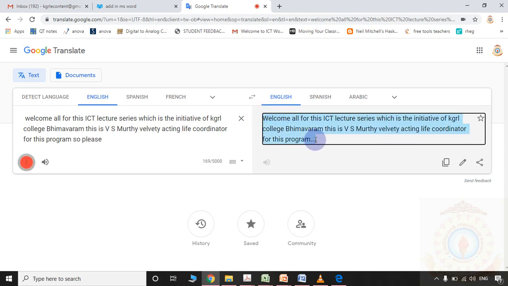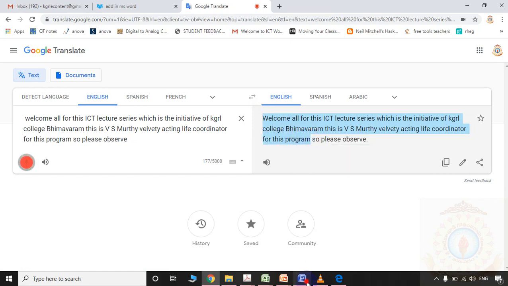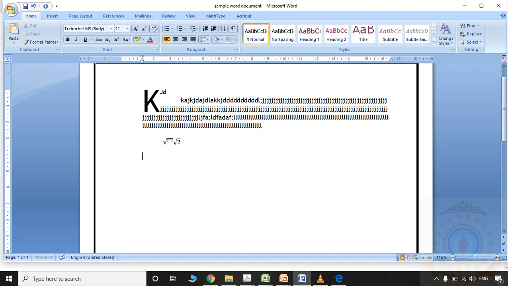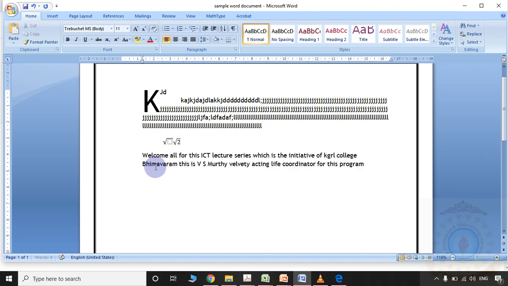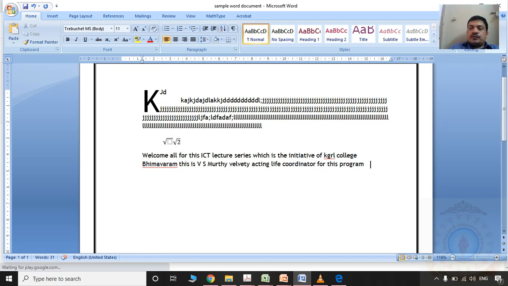So please observe, whatever you are speaking, simply the voice-to-text conversion that we observed, we can nicely copy the content from that window to our regular MS Word document.